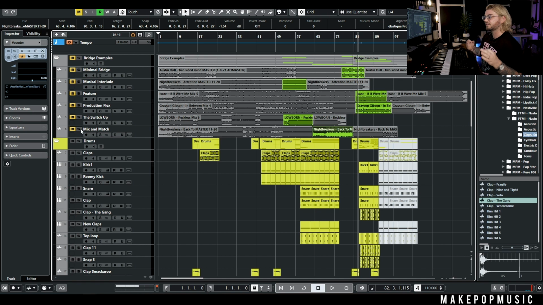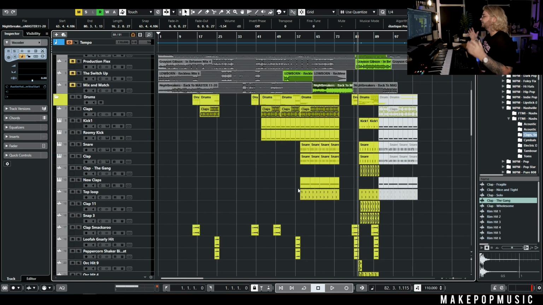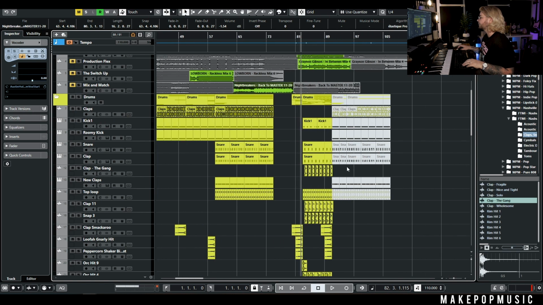So it kind of gives people a second to hear something new and then have something familiar that they can latch onto, but it's still like a more calm energy. And then you go into a big explosive final chorus. So now that we've done that, I do want to walk you through how I actually made a bridge